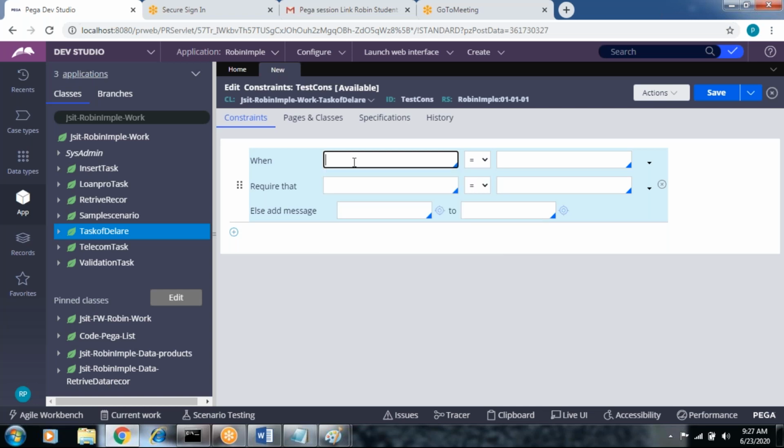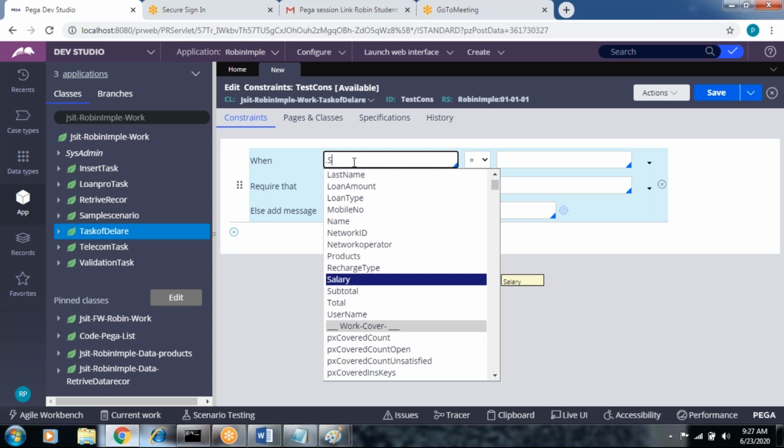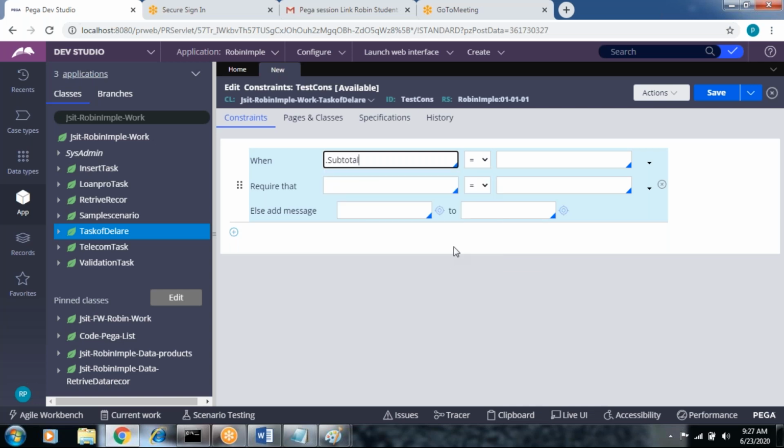Okay, we do one thing: dot cost for subtotal. Subtotal less than 0. We already applied something like this for the suspended work object, right? Any negative.